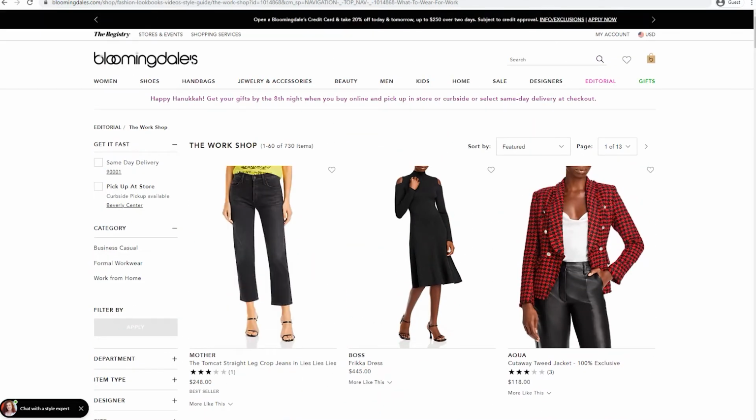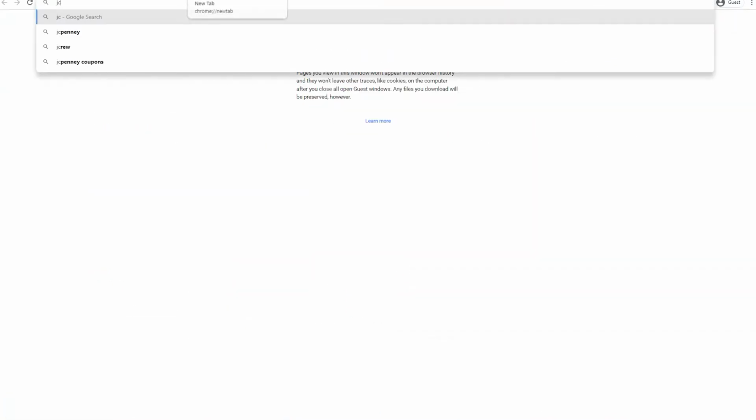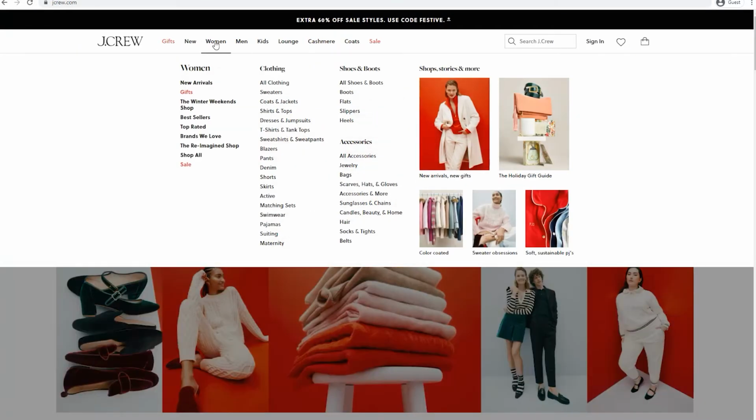J. Crew used to have a lot of that stuff. Gosh, I used to wear that so long ago. Let's see if I can find some from J. Crew. Women. I actually think J. Crew had a lot of great...